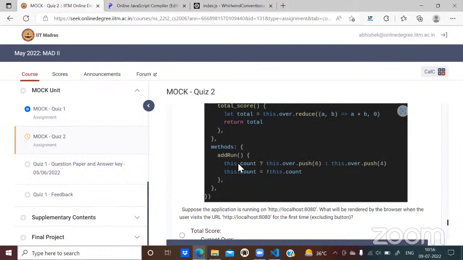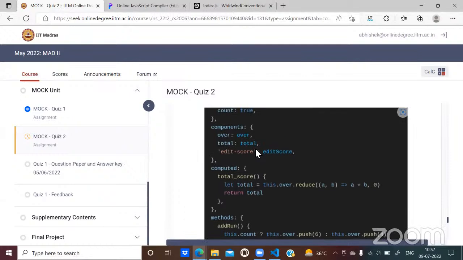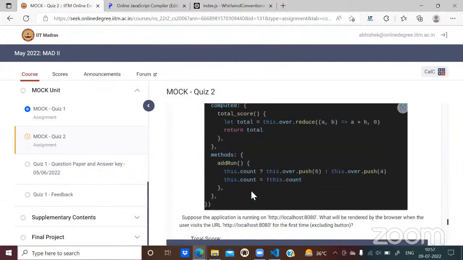If this evaluates to false, then the second expression is evaluated, that means the expression written after the colon. This is how we write a ternary operation. This dot count, we know that it is initialized with value true, so this is going to be true.